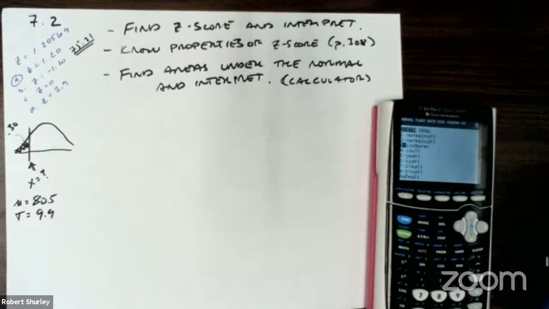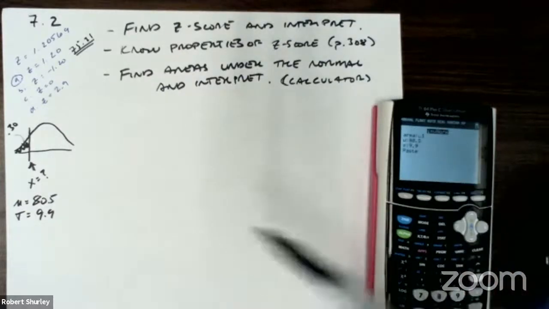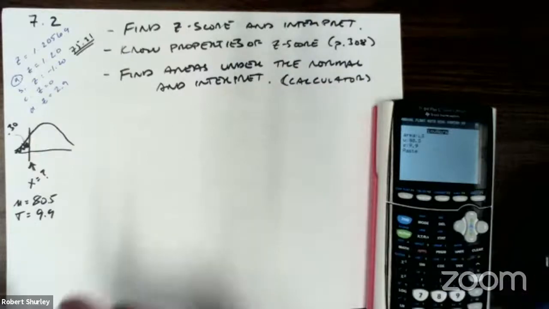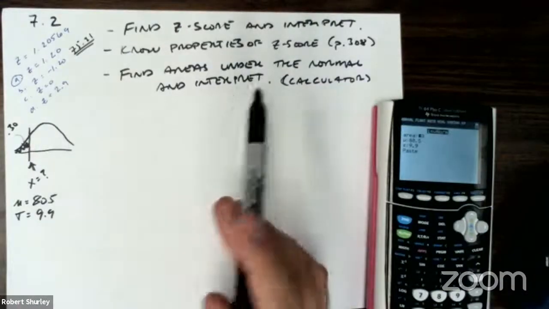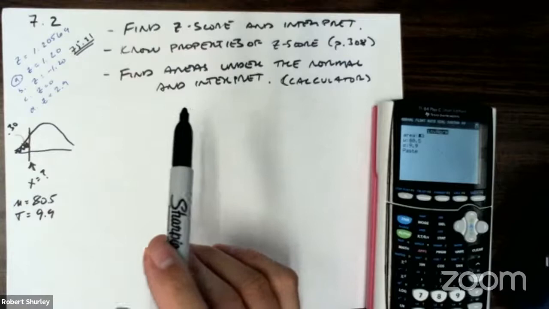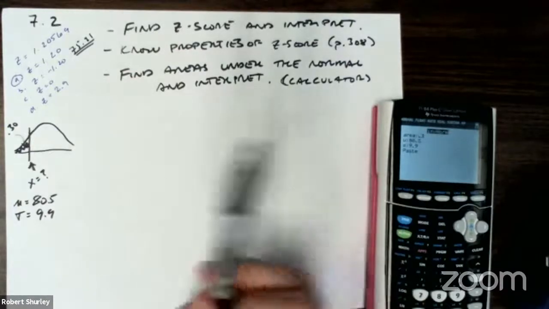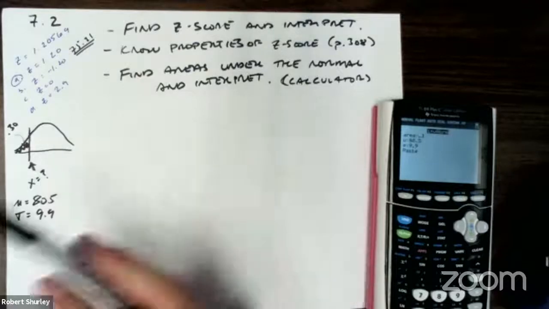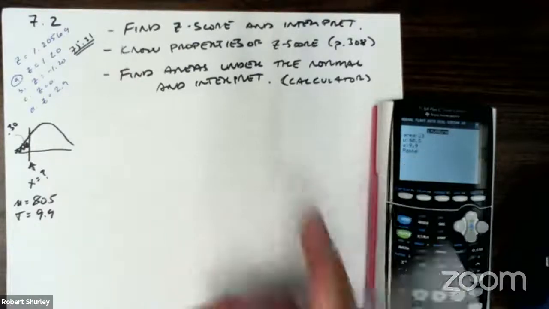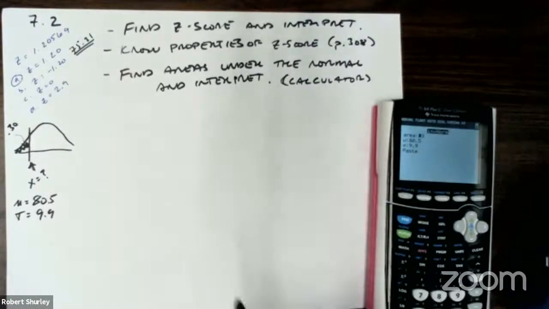So if we go to distributions, you'll see the third option is inverse normal. And I already put this in, but the area is the area to the left. And I remember, was it yours that actually said left or right, Lori? I have left, center, and right. It's kind of nice. So if you have a newer one, it'll ask you if it's to the left or right. If you have an older calculator, it assumes it's to